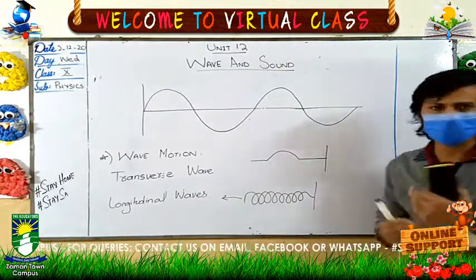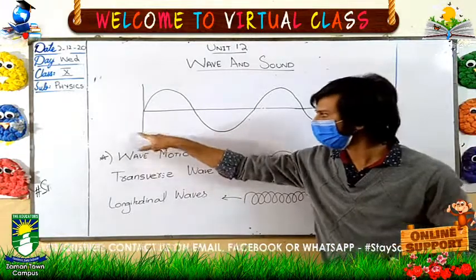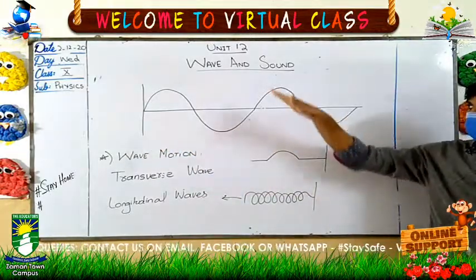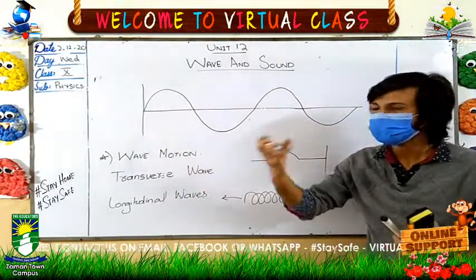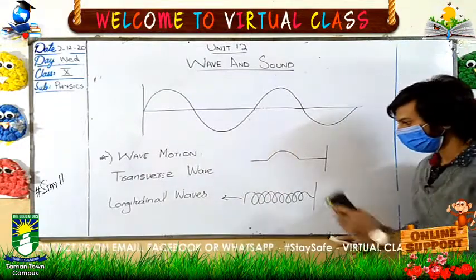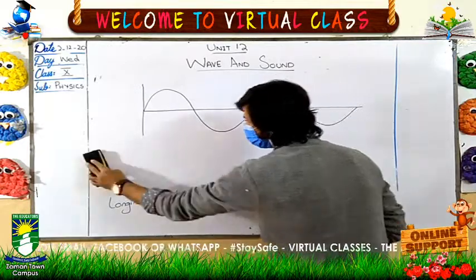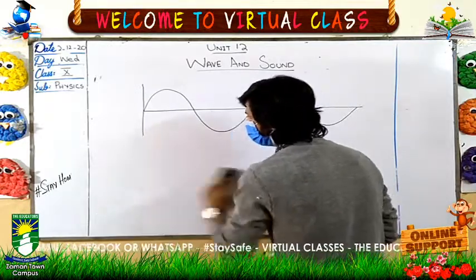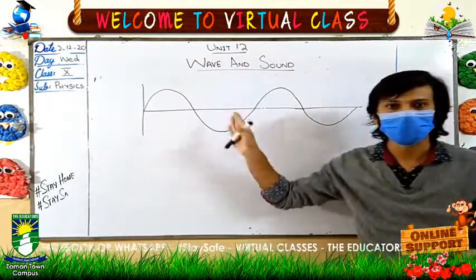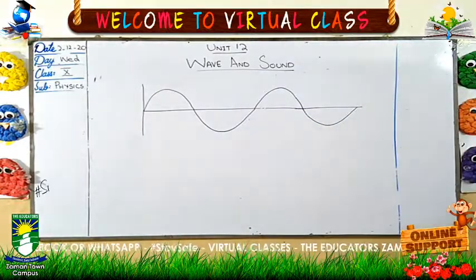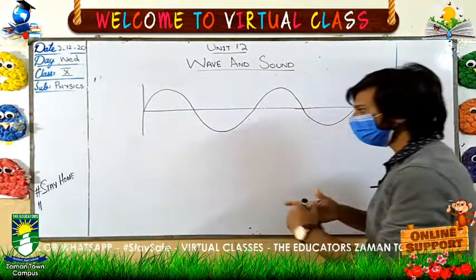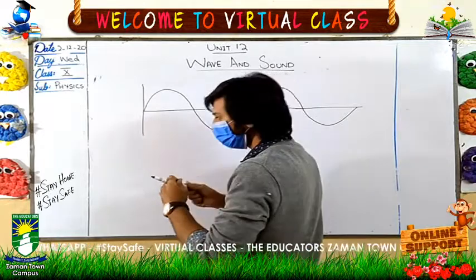Now we have some terms related to the wave. Here I draw a diagram. This is a wave, and now I am explaining some of the terms according to this wave. Basically, this topic is under the heading of characteristics of wave. So first one and the most important one,